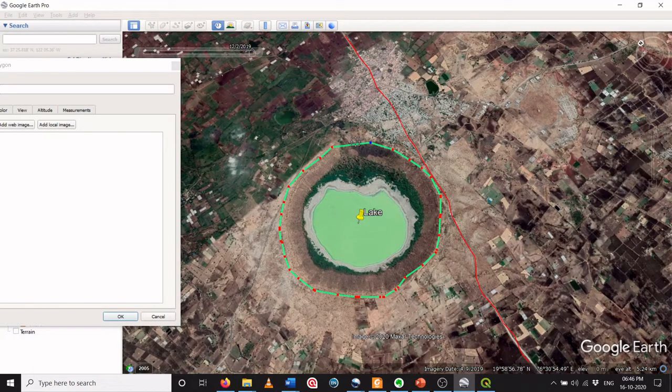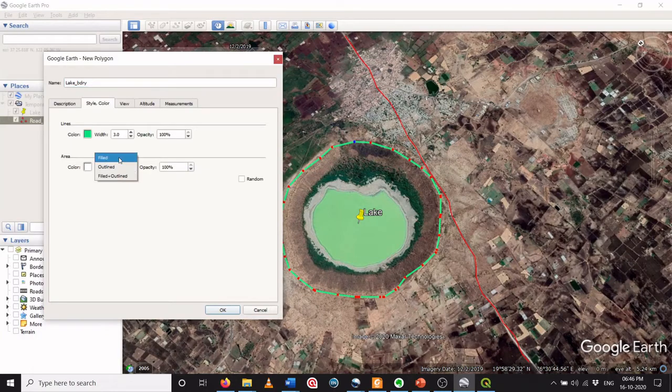Once you think you are finished, you can change the colors, area and all those things here. If you want, you can put a fill. I want only the outline, and once you press OK, it will get frozen. So now I have 3 features. Now let's see how we can transfer this data from here to the GIS environment. Let's do it one by one. For example, let's say I want to transfer this lake body.